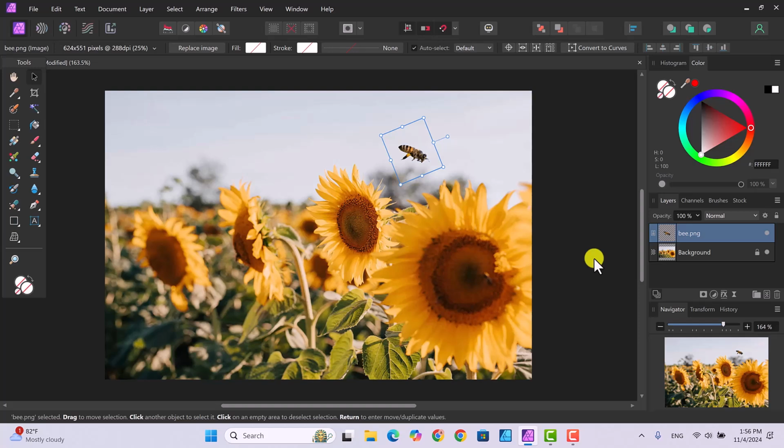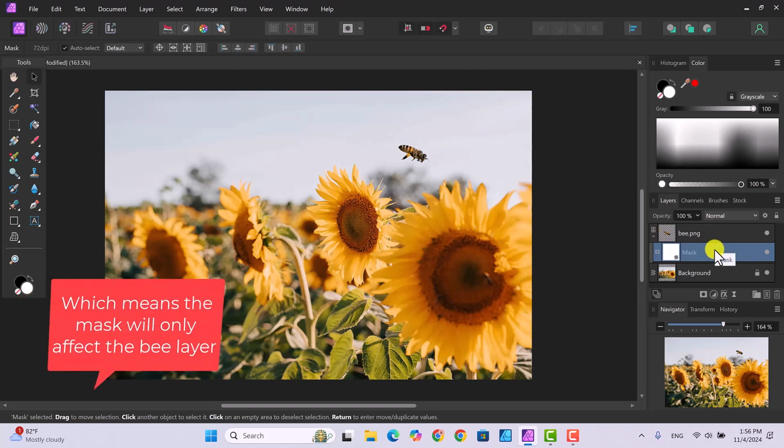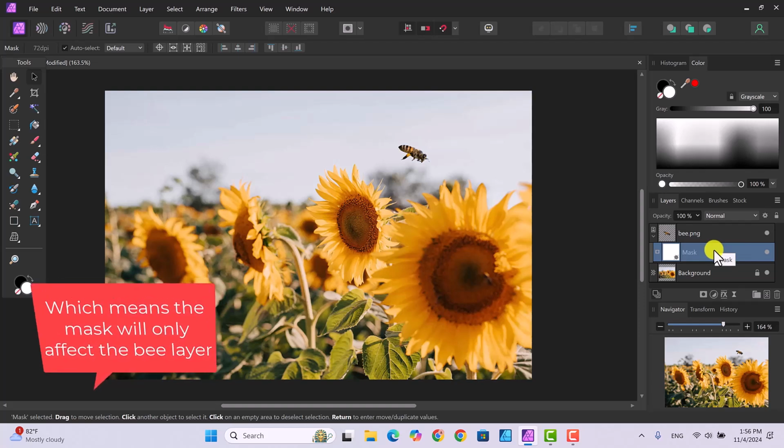I'm going to click on the bee layer and then select Mask from the Icons toolbar. Notice that the mask layer is nested with the bee, so it's right next to it like that. If we click on this drop down, you'll see that you truly see it as nested. Now with the mask layer selected,